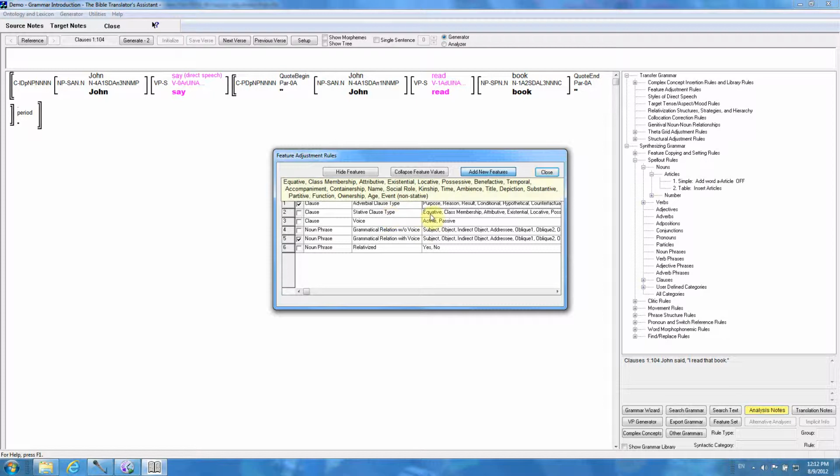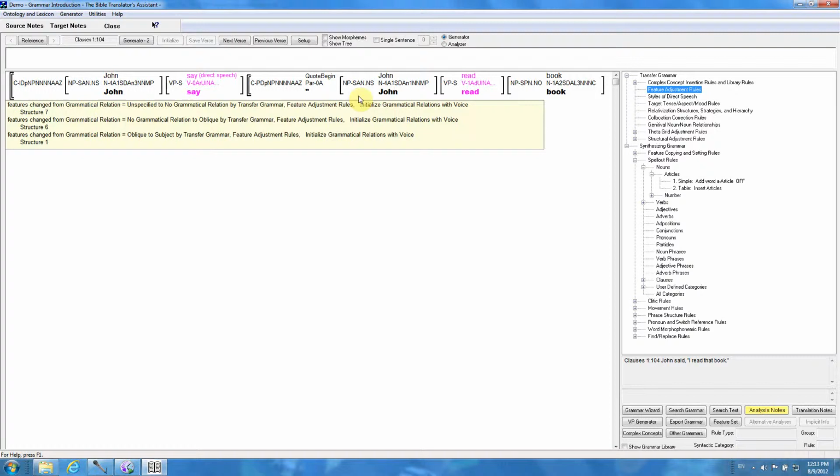Also, stative clause type. There are equative stative clauses in class membership, attributive, existential, locative, possessive, etc. Let's activate that one. If your language has any mechanism, any grammatical mechanism for promoting a patient to the topic, then it probably uses voice, and you can activate this to distinguish between active and passive. And then also adding a feature to noun phrases called relativized is also very helpful. So I'm going to activate those 5, and now when I close this dialog, if we rest our feature on